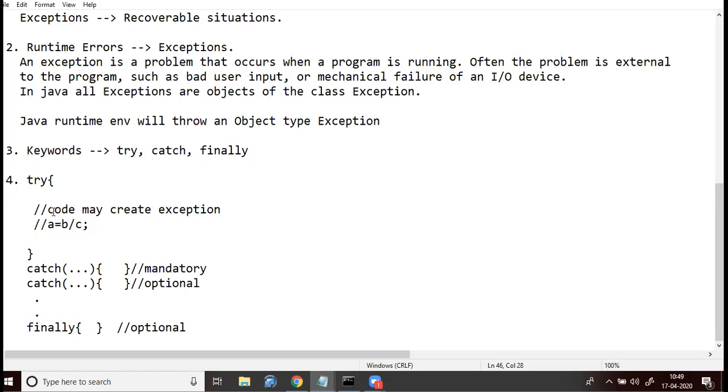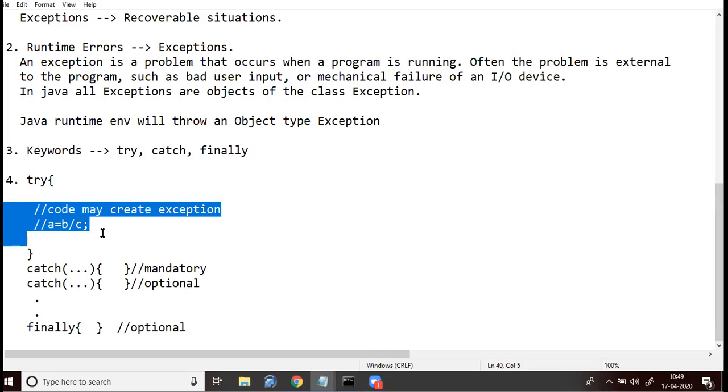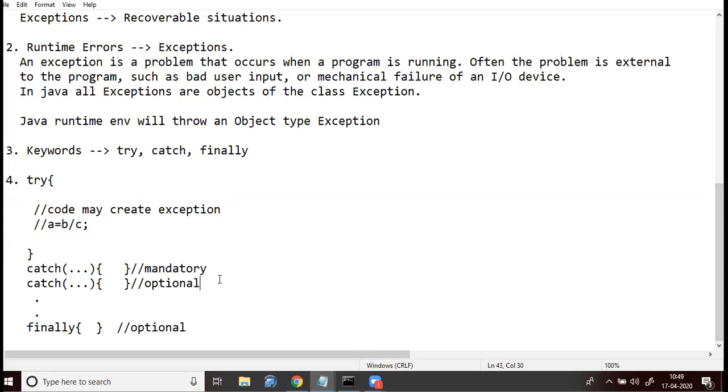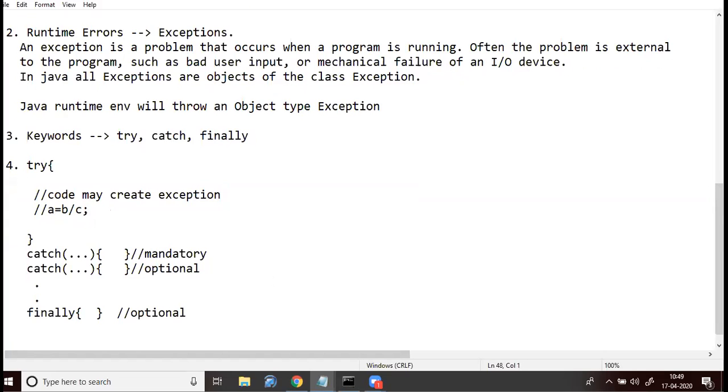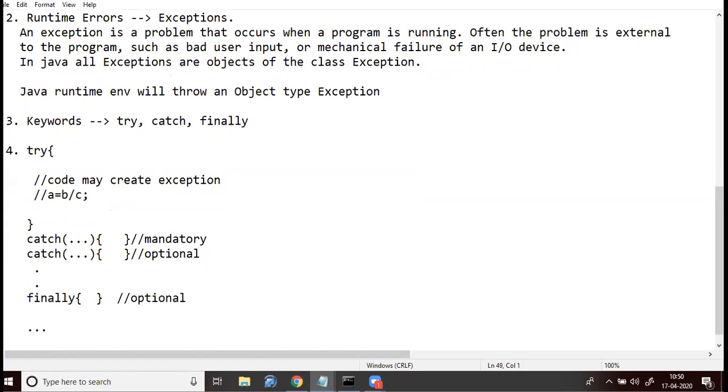Now what will happen? If there is an exception, then the respective catch block will execute. And if there is no exception, then the try block will execute, and none of the catch blocks or the finally block will execute, and the code that follows the try, catch and finally block will execute.